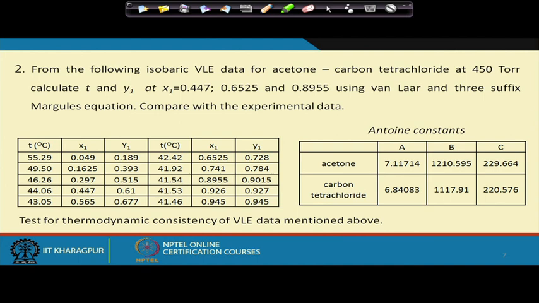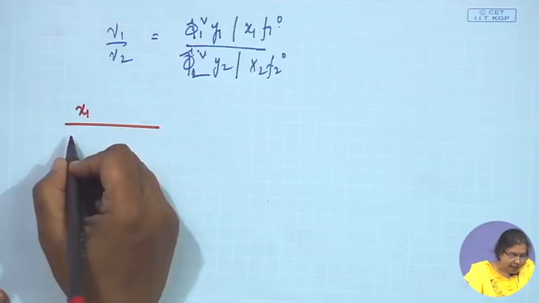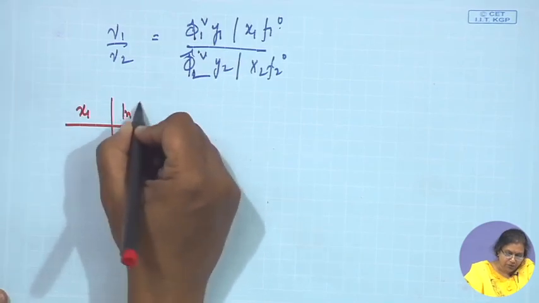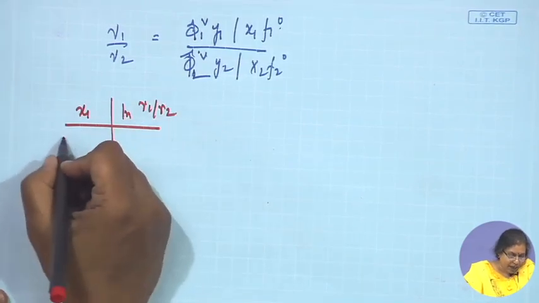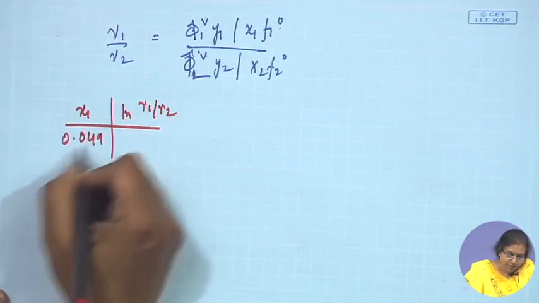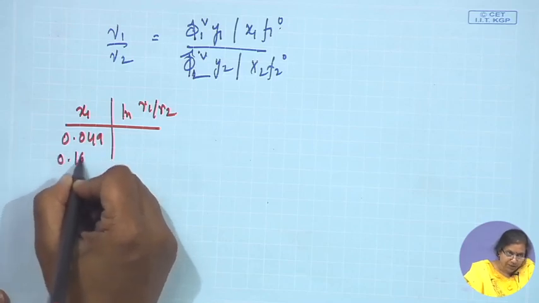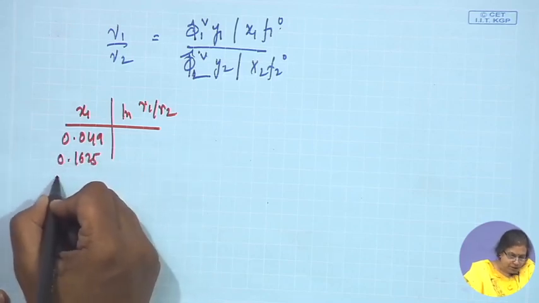If you remember that in this particular problem you had already calculated gamma 1, gamma 2, and so therefore, from this particular data it is very easy for you to calculate ln gamma 1 by gamma 2, right. So, I will be writing down the corresponding ln gamma 1 by gamma 2 in this particular case. If you remember, the data was